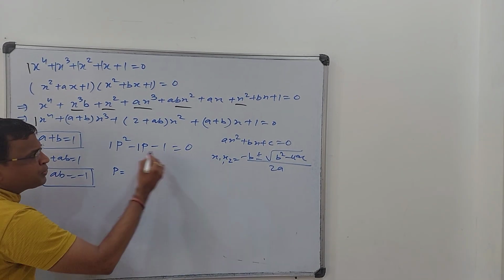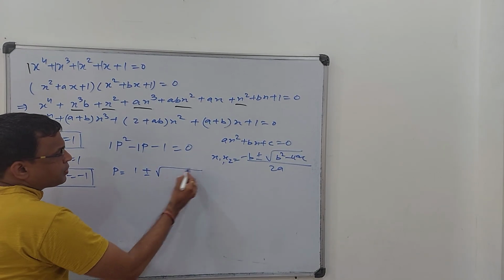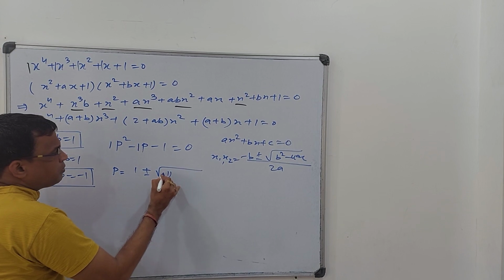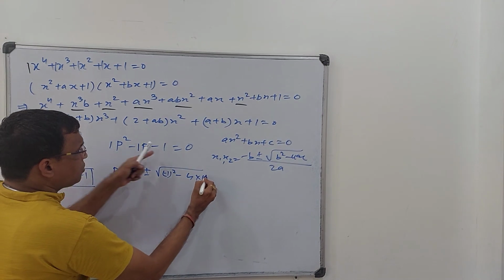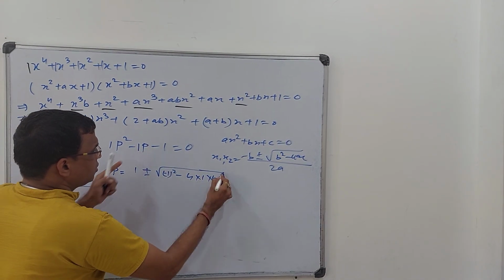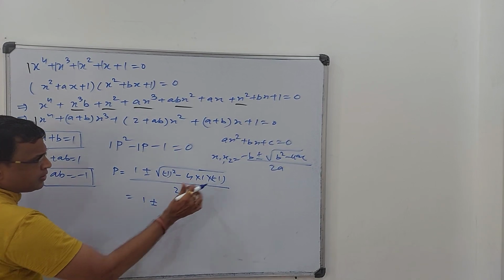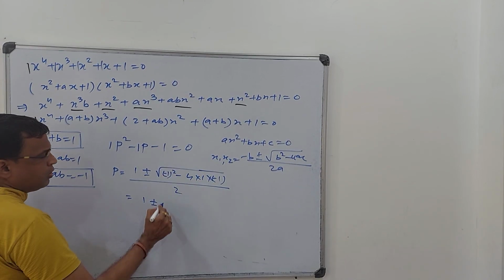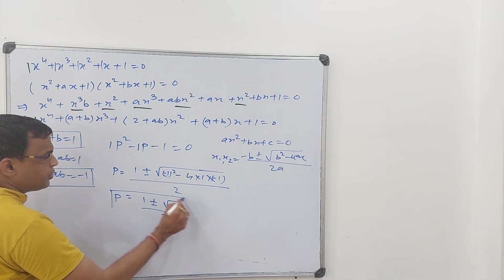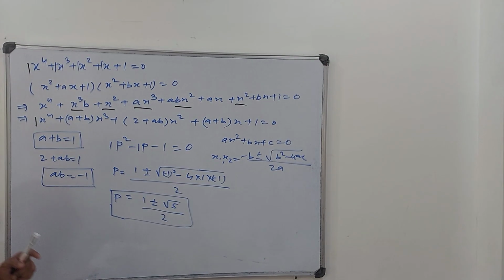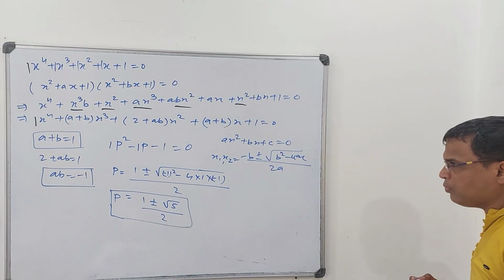It is minus b, so it is plus 1, minus of minus 1 is plus 1, plus or minus, it is again 1 square, minus 1 square, minus 4 into 1 into minus 1, upon 2a, 2 into 1, 2. So it gives me 1 plus or minus, this is plus 4 and plus 1. Oh, great. So it's coming a golden ratio. I hope that you know about golden ratio. In mathematics, it is known as golden ratio. In some way, I will just talk about this golden ratio in one of the videos.